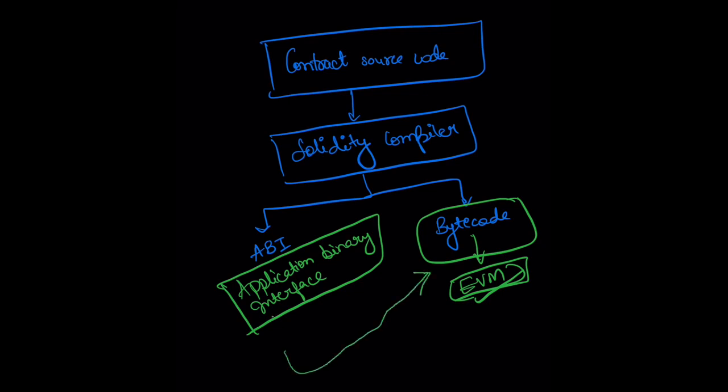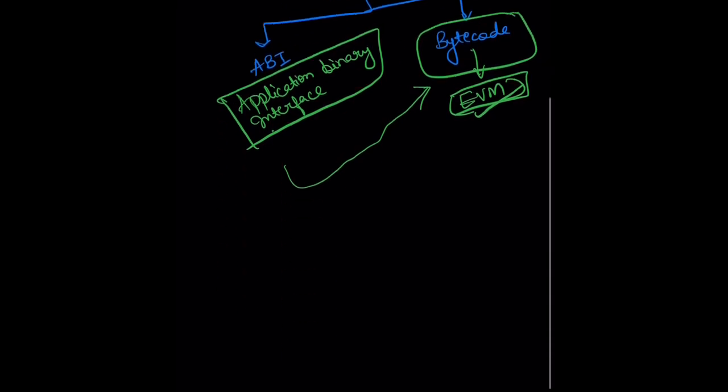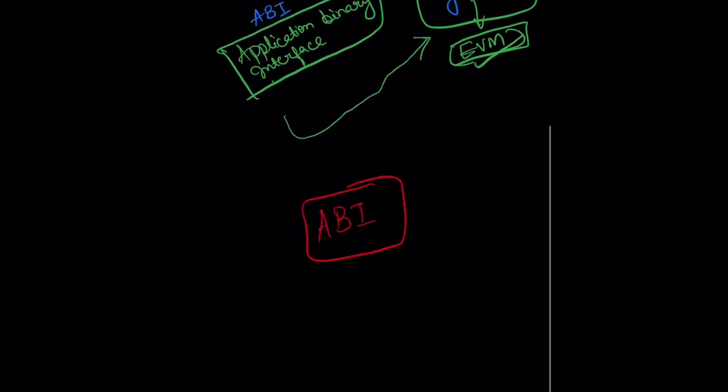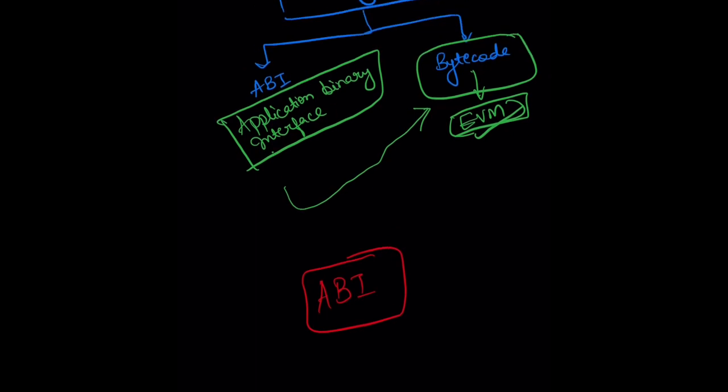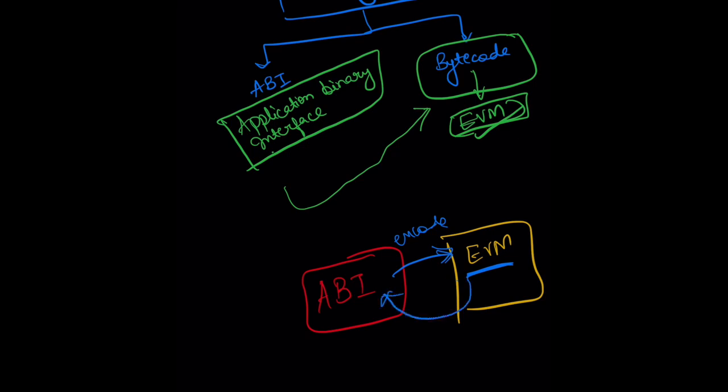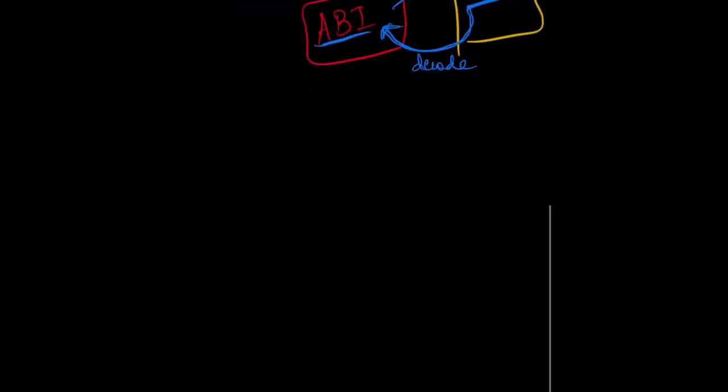So the application binary interface is how you talk to this bytecode on the EVM. This is the ABI that actually tells you how to encode and decode data to the EVM. Now suppose this is your EVM. So this is how you know how to encode data and talk to the bytecode on the EVM, and for the transactions that you get out of the EVM, how do you decode them? So your application binary interface tells you the expected input and output and how exactly you should expect the schema.